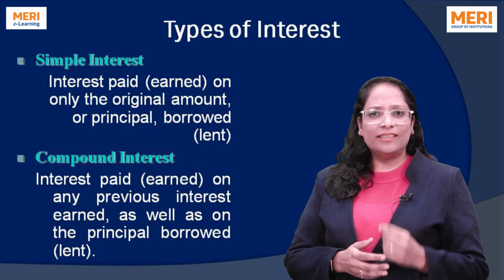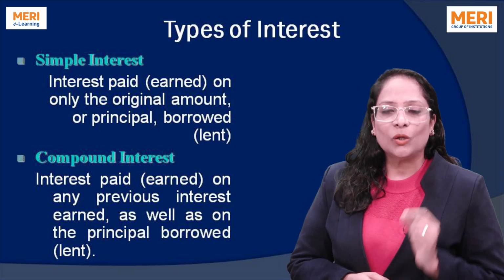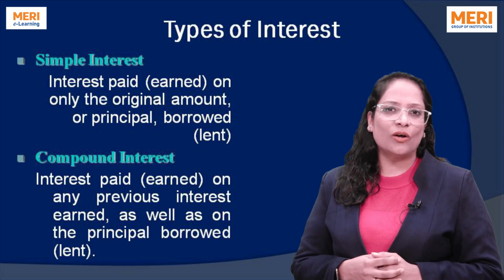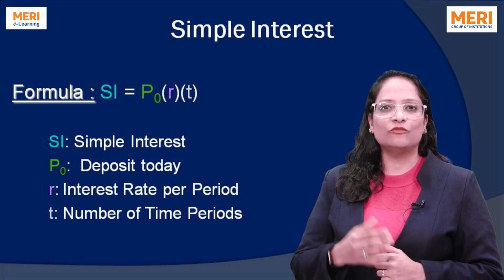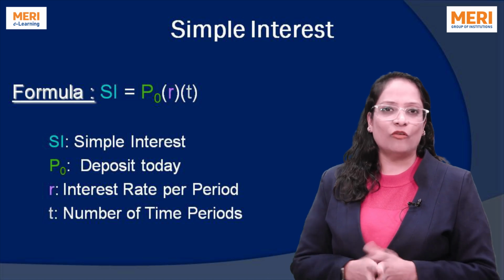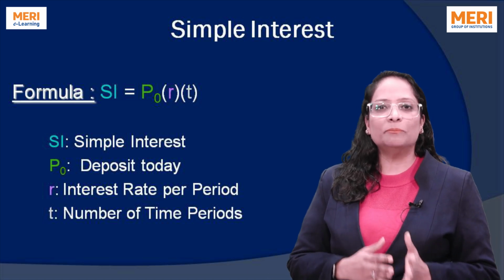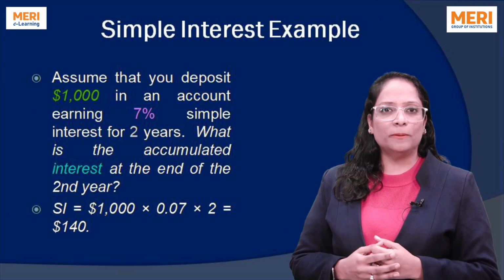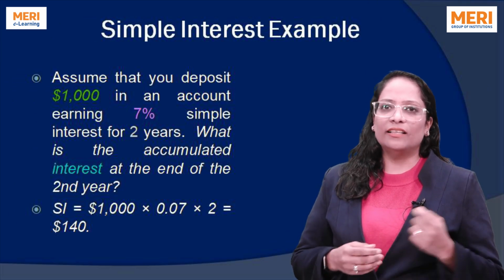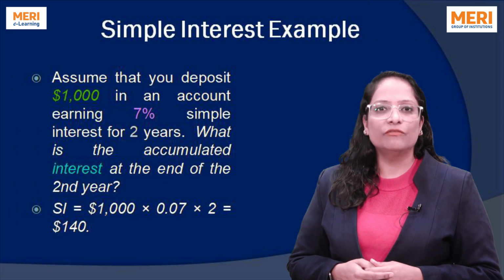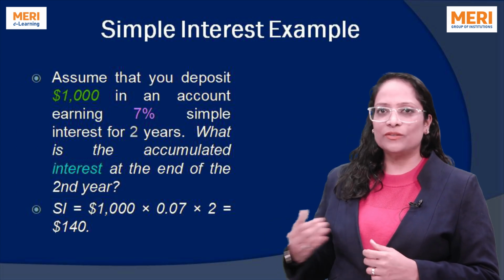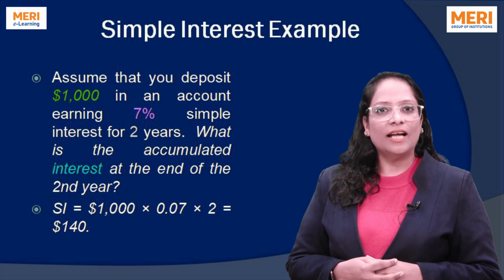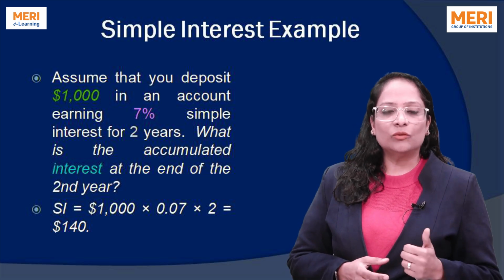Simple interest. With this, you only earn interest on the original principal. For instance, you have deposited $1,000 at 7% simple interest for 2 years. The formula is straightforward, that is PRT. Simple interest is principal into rate into time. So here in this problem, it is $1,000 at the rate of 7% for 2 years. It's $140. So, at the end of 2 years, you will earn $140 and the total balance will be 1,000 plus 140,